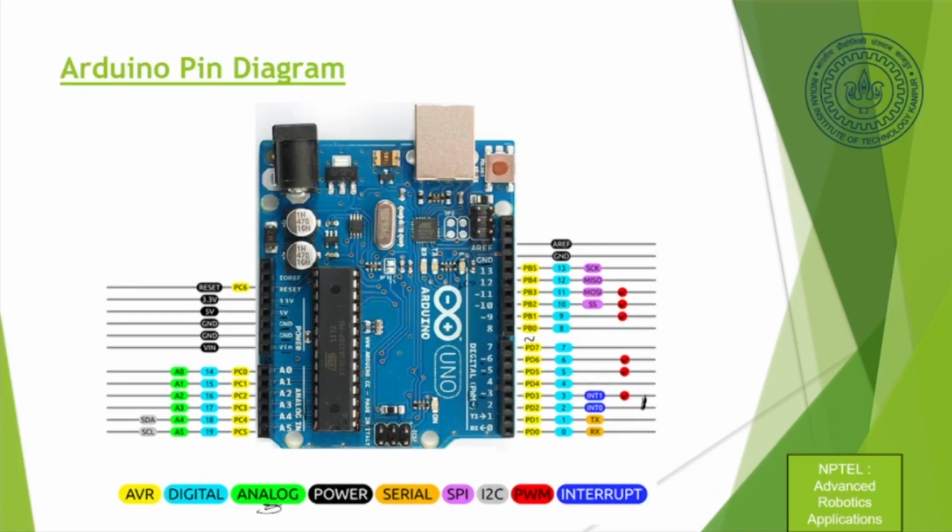This is a pin diagram of the Arduino Uno. So you can see that the pins are color coded. Now one pin can do more than one thing. Okay, for example, here you can see this is the ground pin, means 0 volt. This is ground. This is the 5 volt. This is 3.3 volt. That means if I connect a wire onto that, I can take 3.3 volts. So it provides 3.3 volts. If I connect here, I can get 5 volts. Okay. If I connect it here, then it gets grounded.